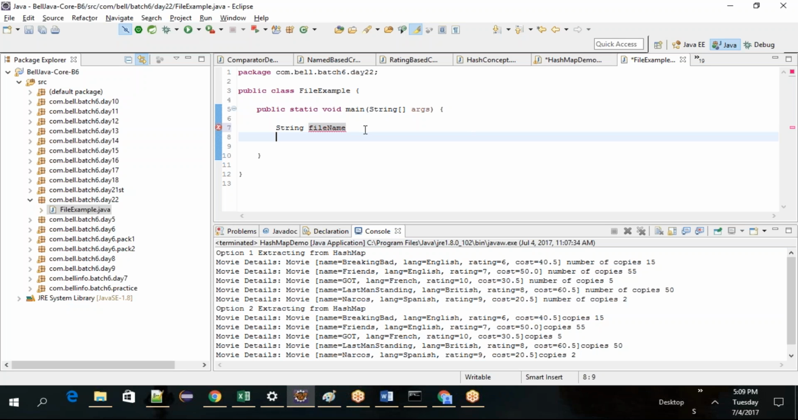Okay, so first what I'm going to do is create the file name. So I'll just say some name, some info text. Okay, and then